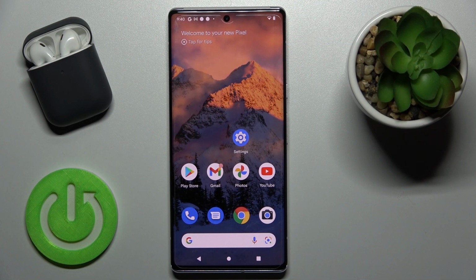Welcome, today in front of me Google Pixel 6 Pro, and I'll show you how to adjust ringtone volume on